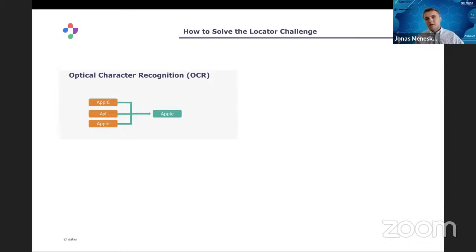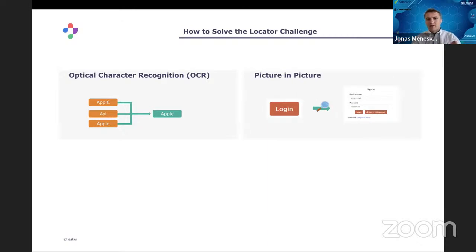So it works by finding text visually. Everyone knows the system where you just take a picture and then it reads out the text, and it's basically the same. You can use that if you have a really text-based application and you can find every element via text and validate on that. You can use a system which supports OCR, optical character recognition, and then it's really nice. You can deal with that.